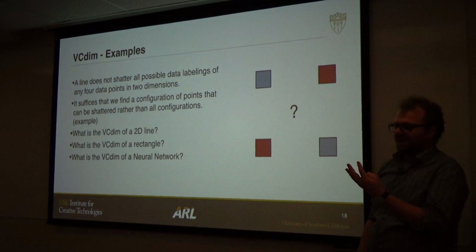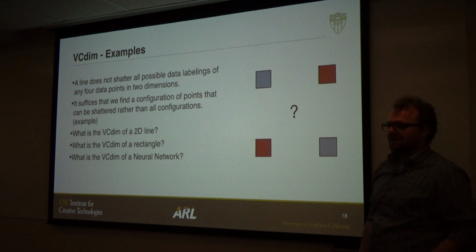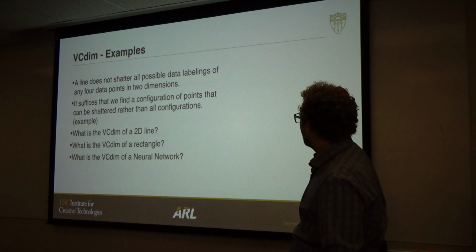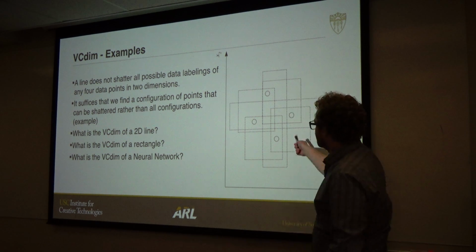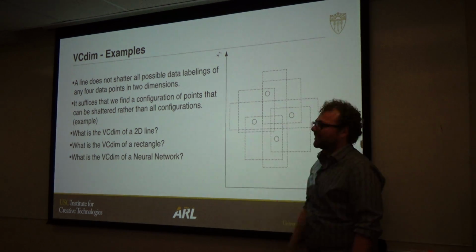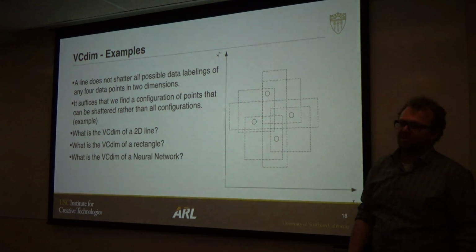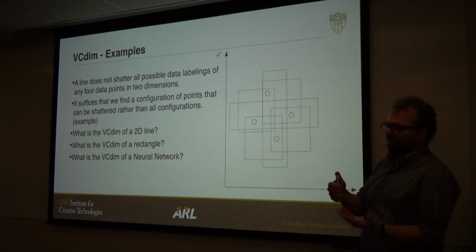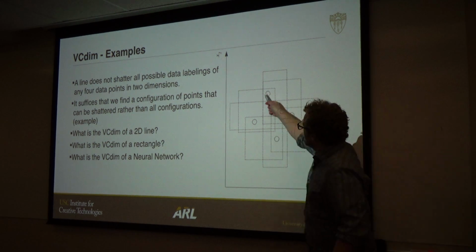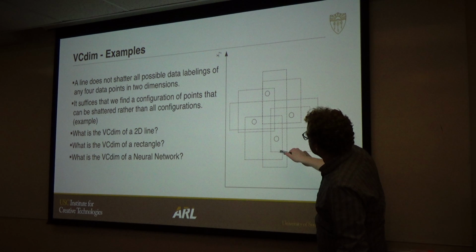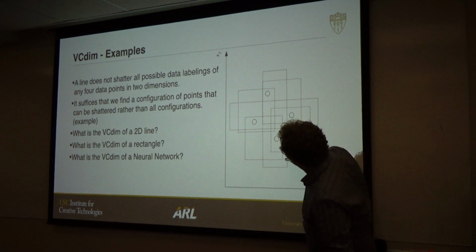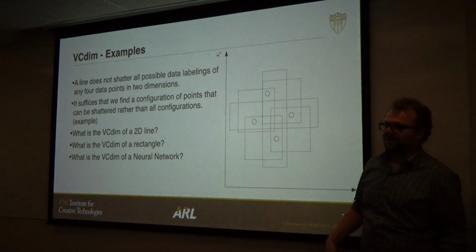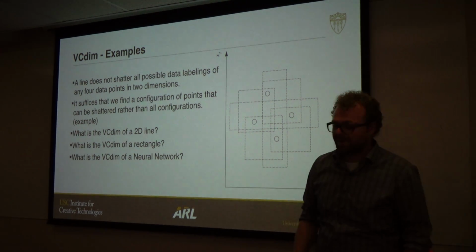So in a rectangle, again, we have 4 parameters. For a rectangle, it's actually 4. So we can solve this configuration of 4 points with a rectangle, for all the configurations. So this could be a positive, and these 3 negative examples. So we would draw the square somewhere around here, and so on. Okay, so it can be solved for 4.